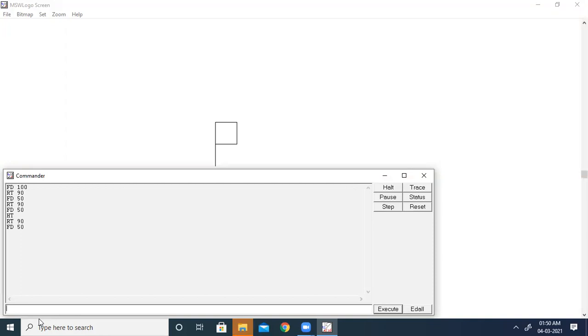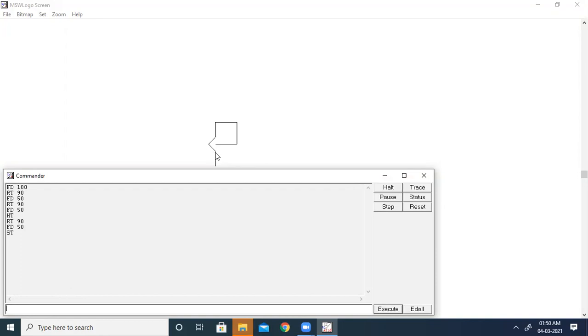Now once we are hiding the turtle, can you bring it back to the screen or not? Yes, we can do it with the help of the ST primitive. ST stands for show turtle. So first I will write ST, then I will press enter. So you can see the turtle here. Again we got the turtle.